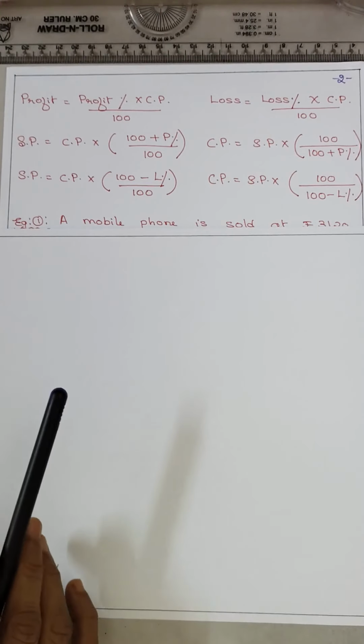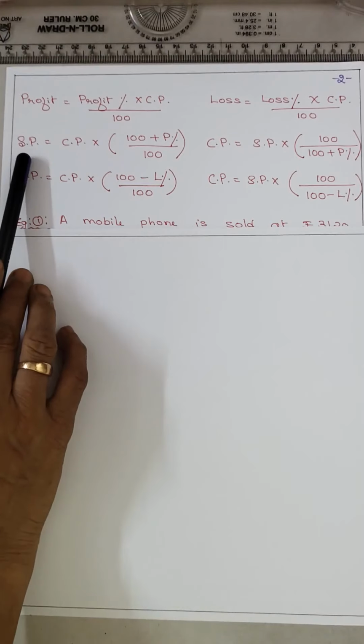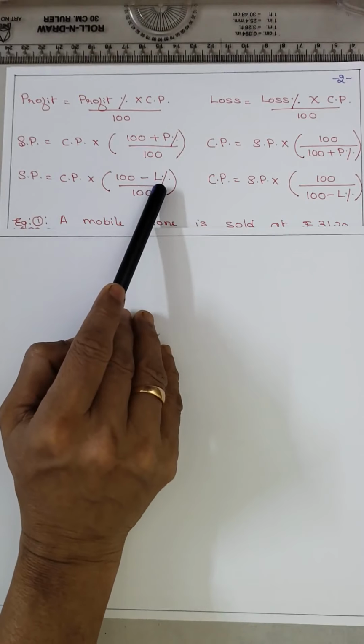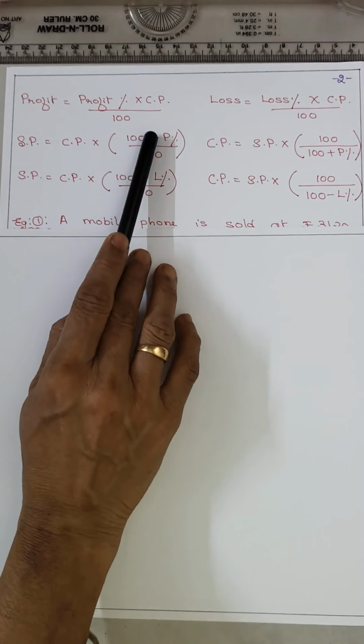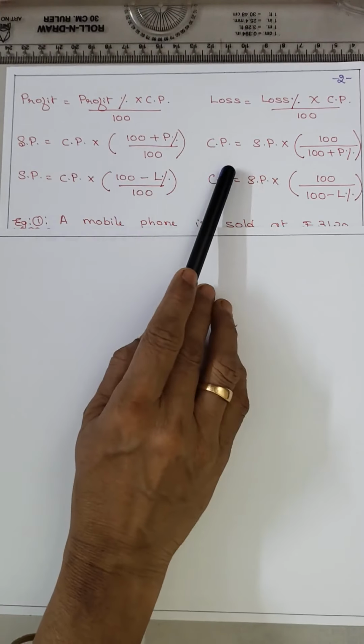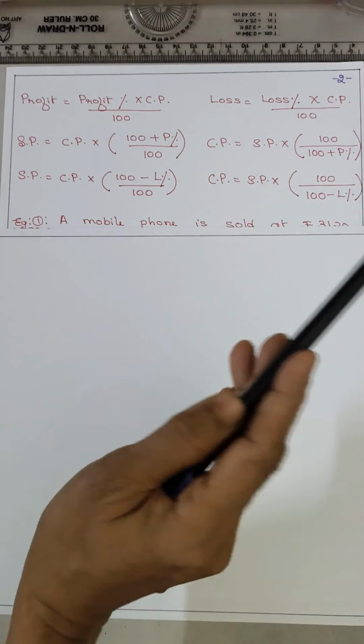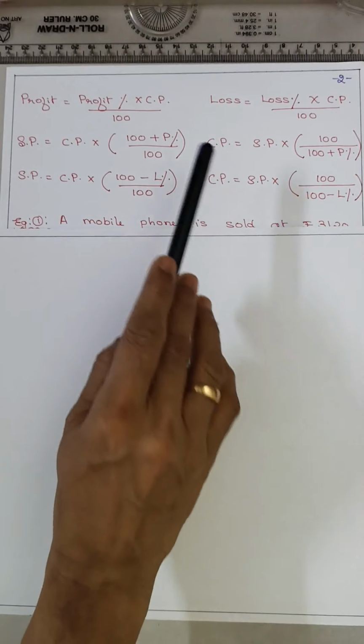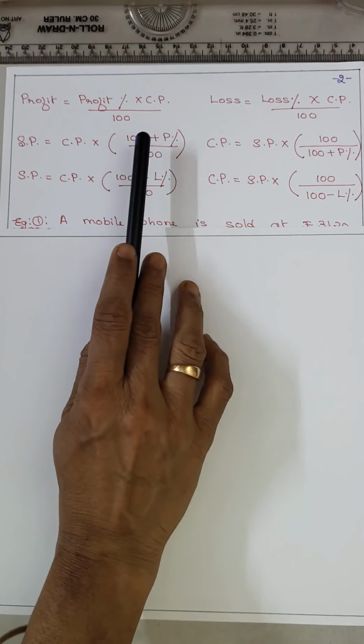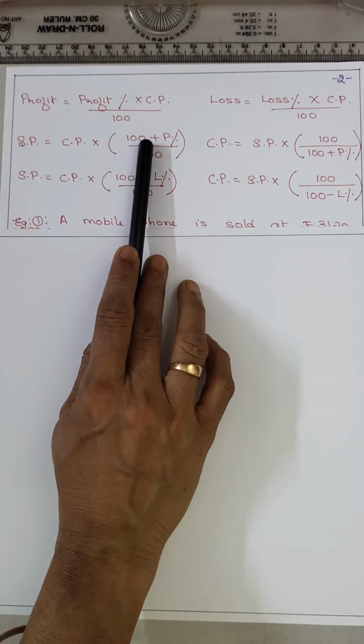तो ये कैसे याद रखने का है? SP फाइंड आउट करने के वक्त जो एडिशन सब्ट्रैक्शन है वो न्यूमरेटर में आएगा. जब भी CP को फाइंड आउट करते हैं तभी एडिशन सब्ट्रैक्शन डिनोमिनेटर में आएगा. और प्रॉफिट परसेंट रहता है तो हमेशा 100 को ऐड करते हैं.